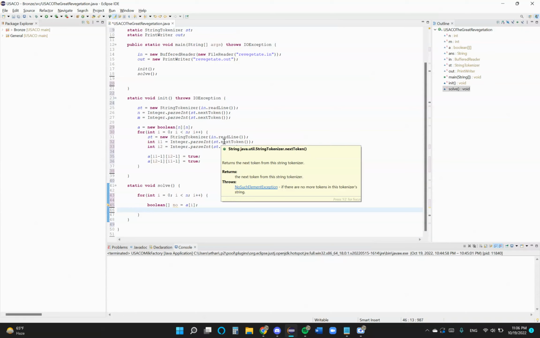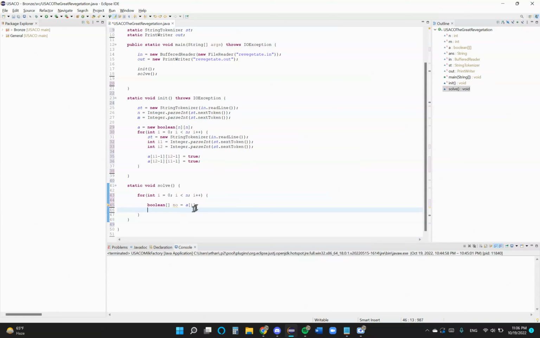And then now we're going to have to see which of them contain these values. So like what grass type each of these pastures have if it is decided. So for int j equals 0, then no dot length, because you're going through the new Boolean array, and j plus plus, taking the different pastures. So if no of j, so if they are connected, if they can't have the same grass type as each other, I mean no, then